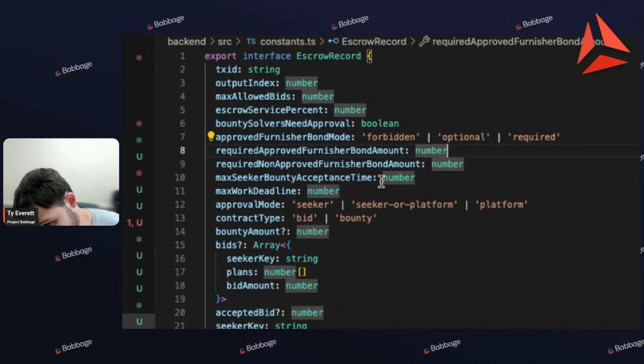I think all of this is extremely important, because if I put in a bid that I will do some work for you, and you're going to pay me $500, and then I don't do the work, I should need to lose something, right? I should need to lose a bond amount of, say, $10 at least, maybe even more, maybe even $1,000. I don't know. It really depends, but that should be a thing that's possible. So we got to make sure this is actually going to work. Now the question is,